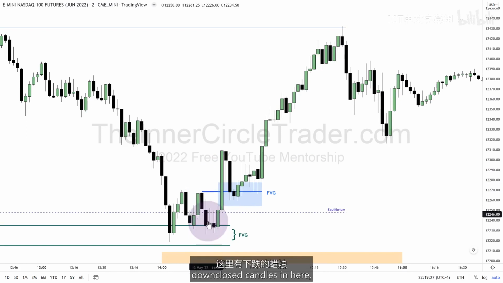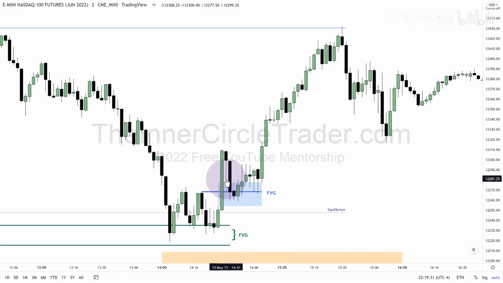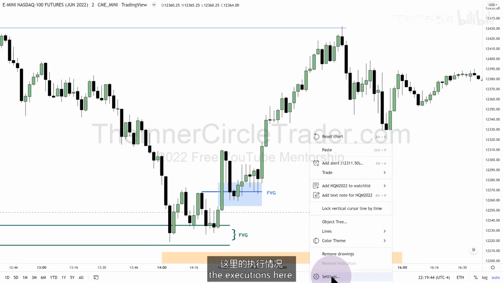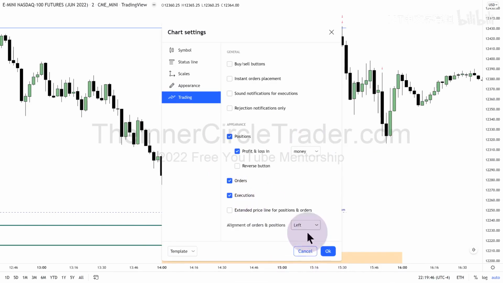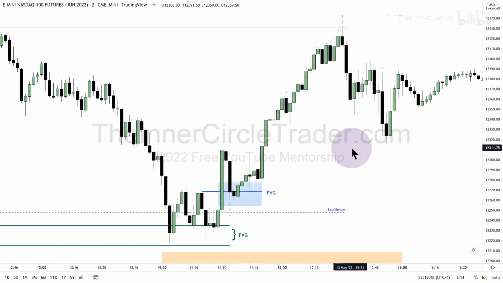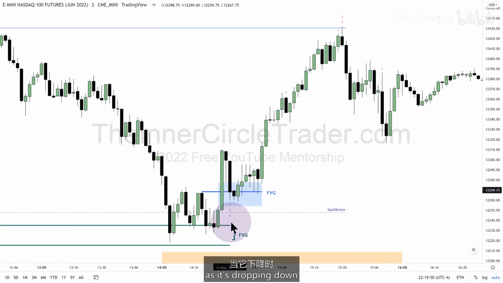All right, so we have down closed candles in here, order block, fair value gap. This candle's low. This candle's high. There's our imbalance. Order block. It trades down, drops into that. And I'm going to show you the executions here. So as it's dropping down in here, you can see I have, hover on top of this thing,